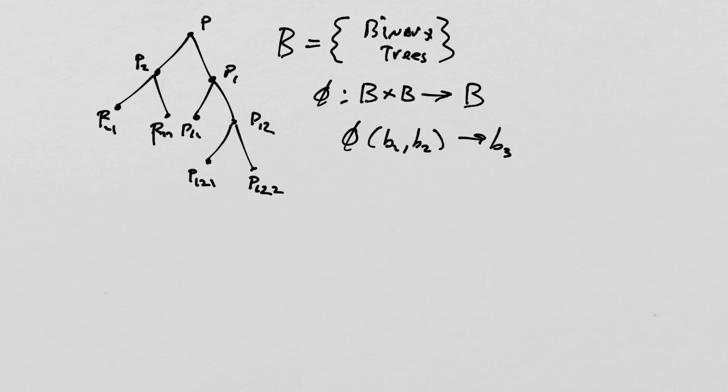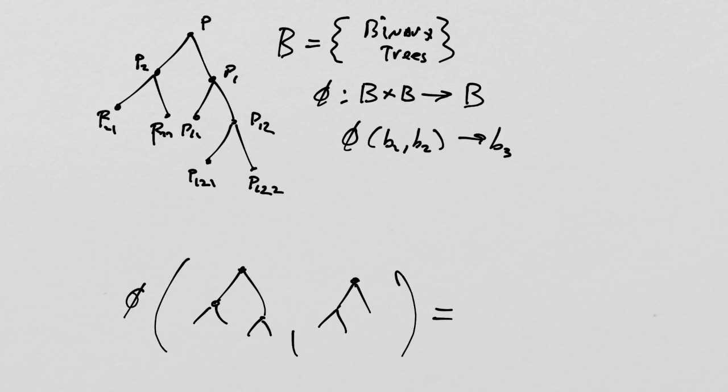A good example of that mapping would be if I had a binary tree here, and then another binary tree, say that one, and I wanted to multiply them together with phi, so it's sort of phi operating on those two binary trees. What I do is I just add another point, and I connect the two binary trees from that point. So it would look something like this,